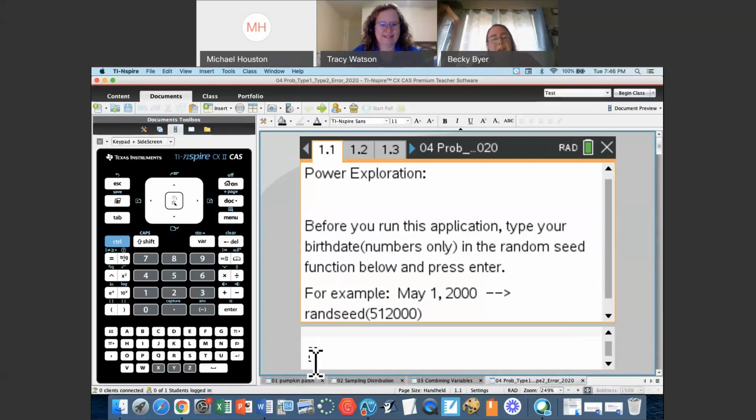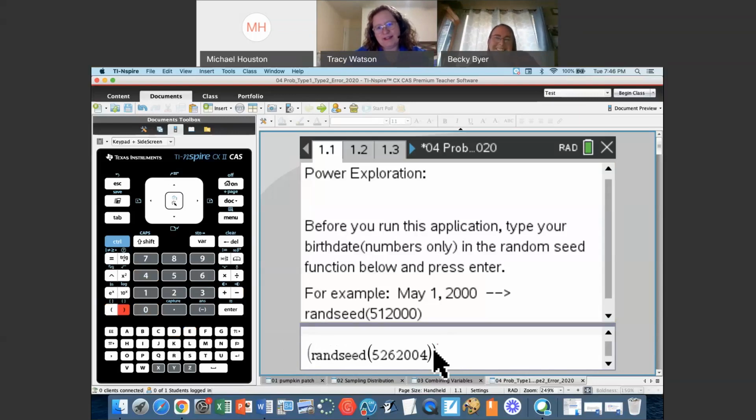So I told them to put their birthdays, real birthdays, but they can put anything they want in here to randomly seed the calculator so they don't match their neighbors. For this one, you don't want them to match their neighbors at all. So Tracy, you're actually going to want to put random seed in front of that. Oh yeah, duh. I'm excited about trying to remember my dog's birthday because I don't want to put in my birthday. So they just have to put a random seed and hit enter, and then that will go ahead and random seed their calculator so that theirs is different from their neighbors.